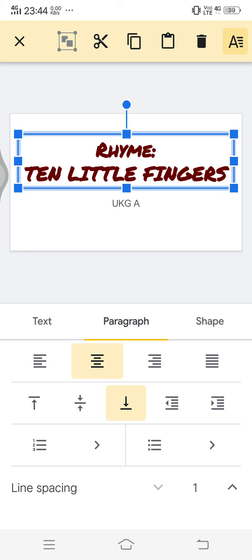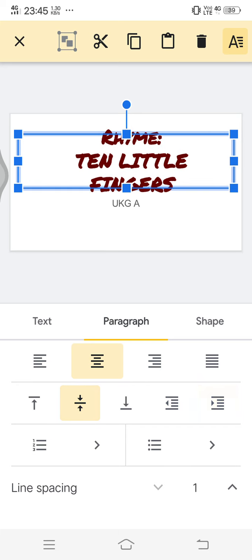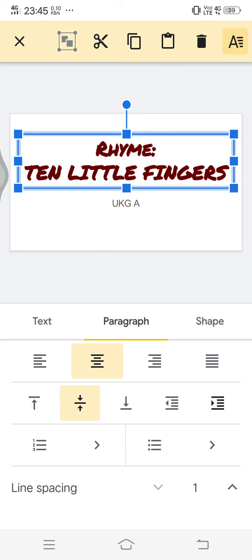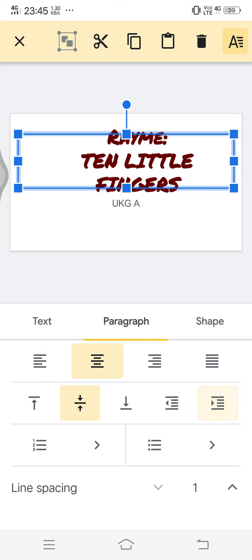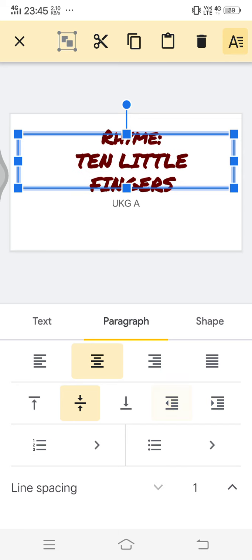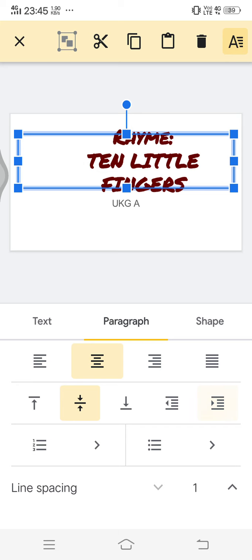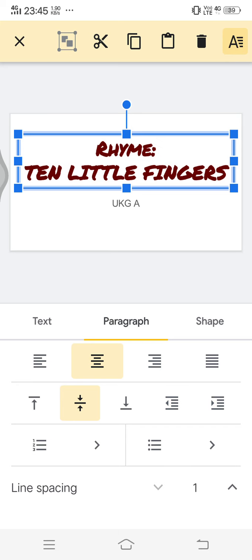Now below that is the positioning option. Below that, the next line of options is called the positioning option. So you can position it the top of the box, center of the box, or even right down. Now I choose to select center. This is a left indent and a right indent. This is to indent. Okay, so indent means just to move it away from the screen. So this side what I'm pressing is increase indent. This side what I'm pressing is decrease indent. That also you will use only when you're dealing with paragraphs.